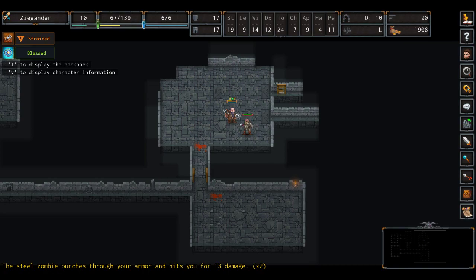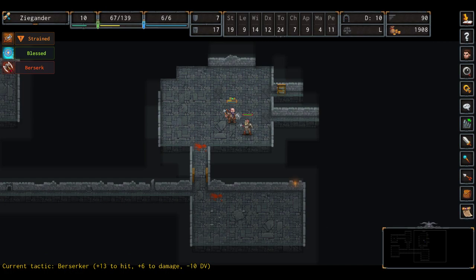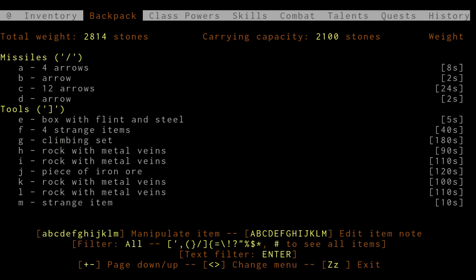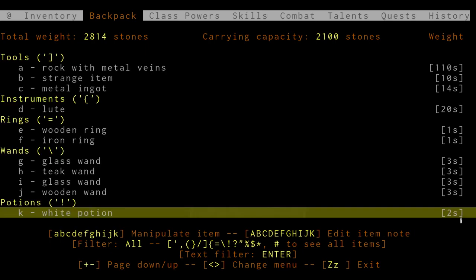So now we're already past half health. We could be in quite a lot of trouble here. This could be the end of the run, unfortunately. If it is, though, I'll start right back up and show you how to survive the early game as a wizard. This would be a very quick death, and it's atypical. Honestly, running into a steel zombie like this, I've never run into a steel zombie like